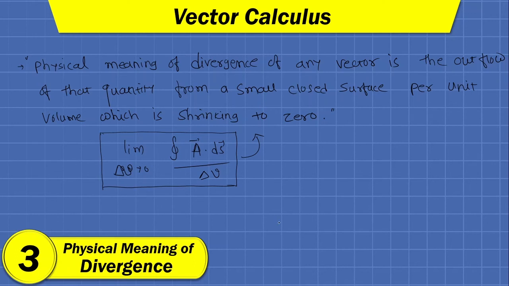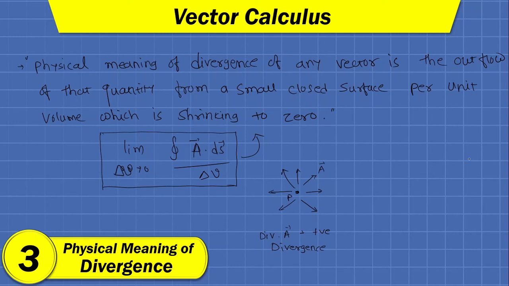Fine. So if we have a point P and we have a vector field like this, then as you can see, the quantity is having outflow in all three dimensions. Then at point P we can have the value of divergence. Let us say the quantity is A bar, then divergence of A will be positive. Fine. And this is called divergence.